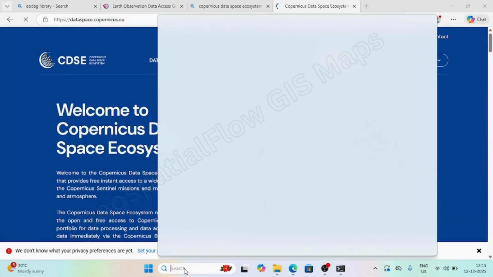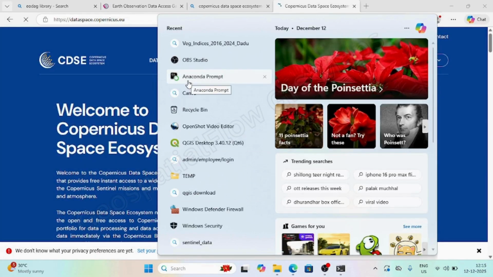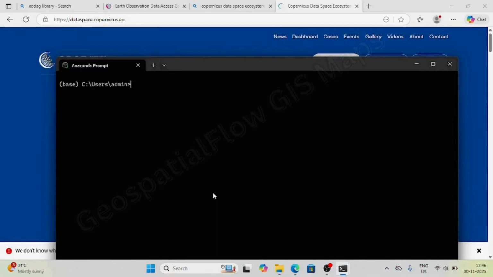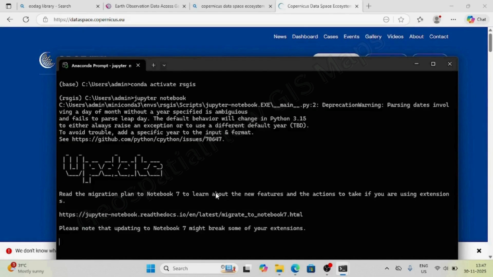So now let's get into the Python script. Let's set up a Conda environment using the Anaconda Prompt command line, and to create a new environment you have to type conda create, name the environment and click OK. Since I have already created an environment, I'm skipping this step. I'll activate the environment and then initialize Jupyter Notebook.